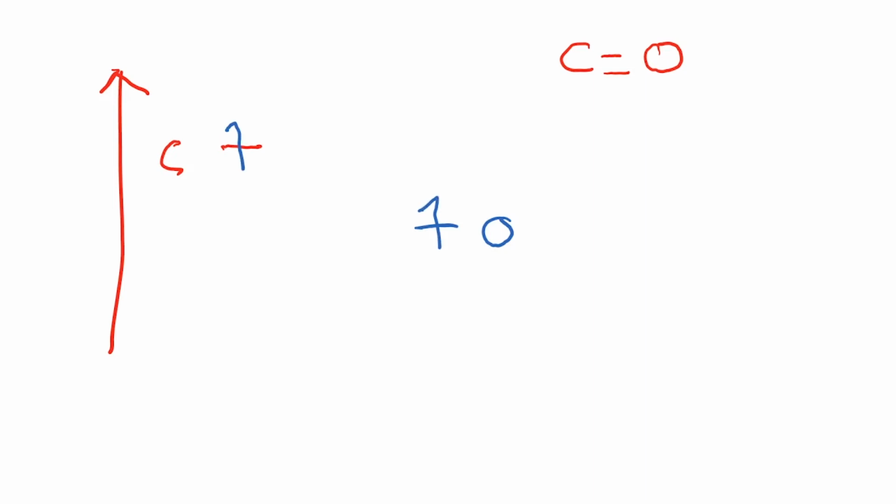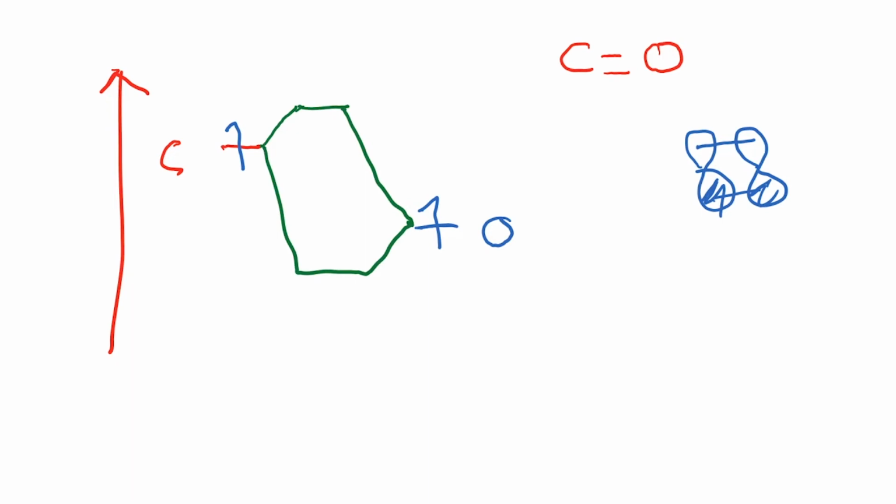Now we shall assume that both of these p orbitals are going to combine and form a pi bond. Just to remind you, this is the p orbital, and they combine and give you two molecular orbitals, which are denoted as pi and pi star. Here is the way we understand this. You combine these two orbitals and produce two molecular orbitals. This is the pi and this is the pi star, and both the electrons are going to be populating the pi bond.